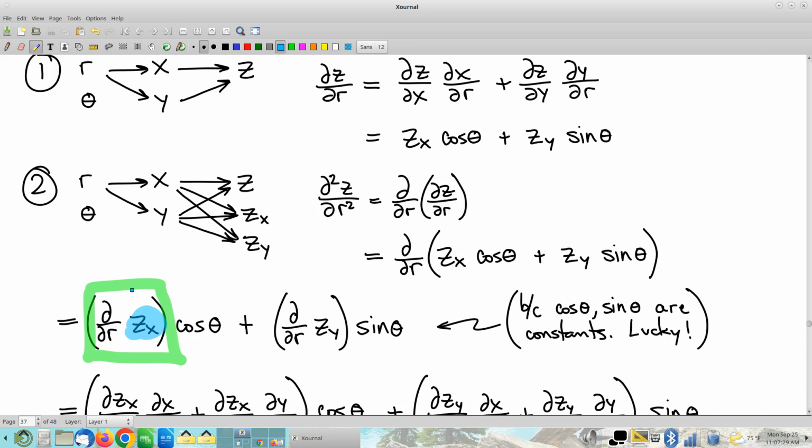If z was a function of x and y, and you take a partial with respect to x, you get some other function of x and y. So zx is literally a function of x and y, and I recognize it as such on our modified, appended diagram. And then when I talk about taking a partial with respect to r,